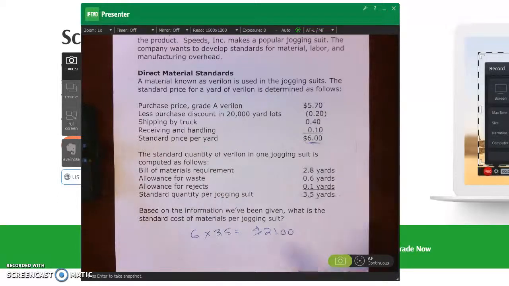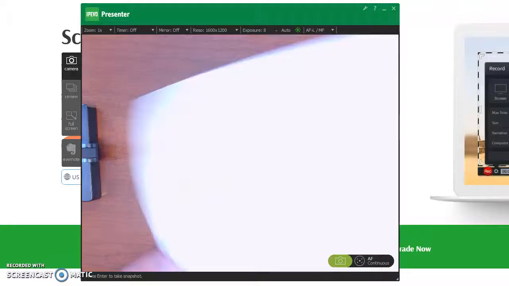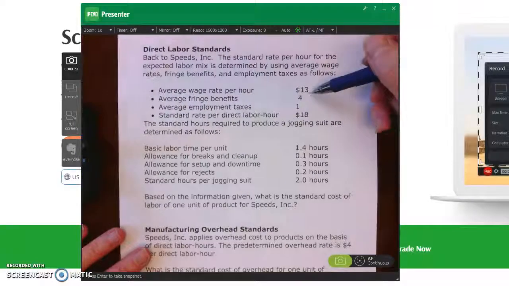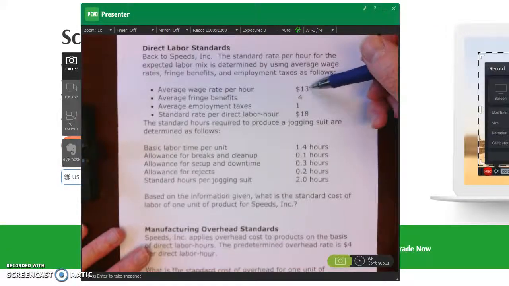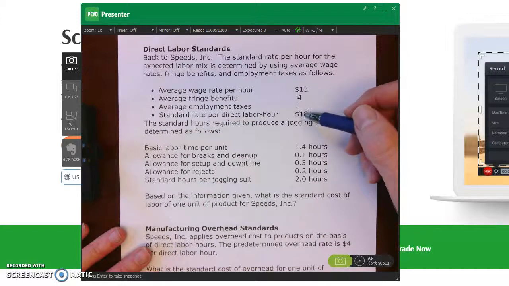Okay, we can look over here with our direct labor. Each hour of direct labor, and again, this would be a blended rate, we're just using one rate to keep things simple, should cost us $18